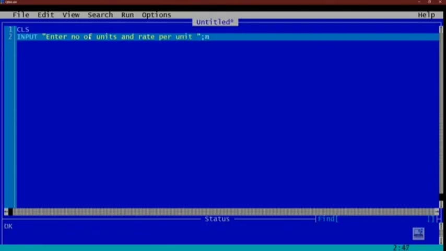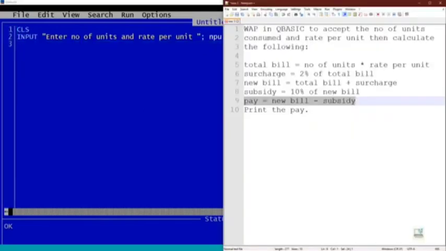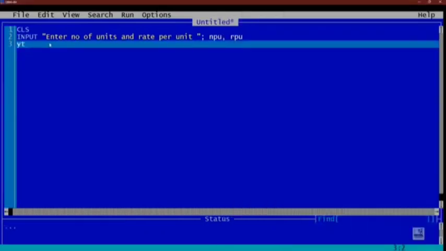Number of units we can write NPU, and rate per unit we can write RPU. Use short variable names. Okay. After that we have to calculate total bill. So we can write TB, total bill, equal to number of units, okay, asterisk rate per unit.